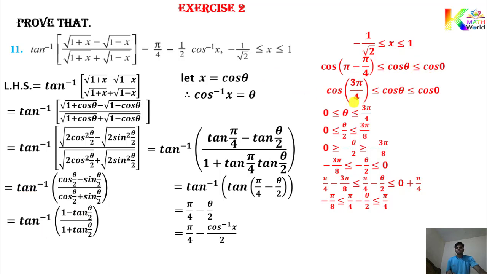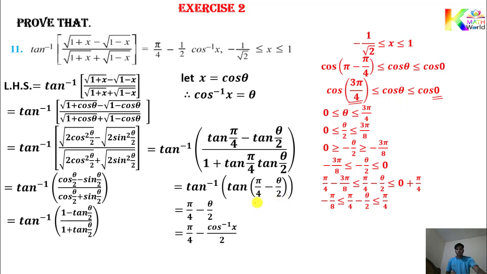As we discussed initially also, when you write in angle format only, you need to discuss whether the function is increasing or decreasing. But if you don't decide whether the function is increasing or decreasing, then in that case just check this angle. Is this angle larger than this one or not? If this one is larger than this one, then write the inequality from the back side in less than form. And if this angle is already smaller than this one, then keep that inequality as it is. So right now you can see 3 pi by 4 is obviously more than 0. So write this inequality from the back side. So you got 0 is less than equal to theta less than equal to 3 pi by 4.